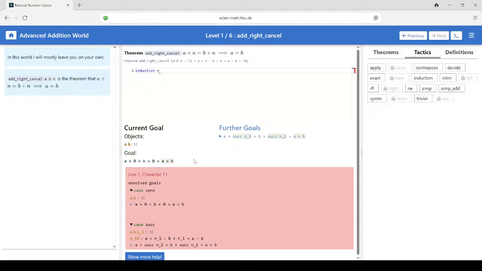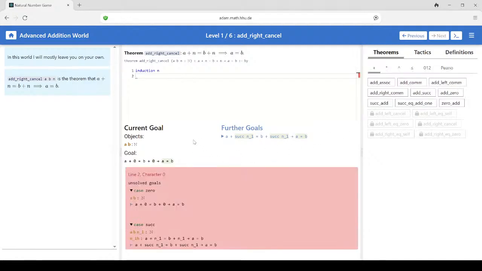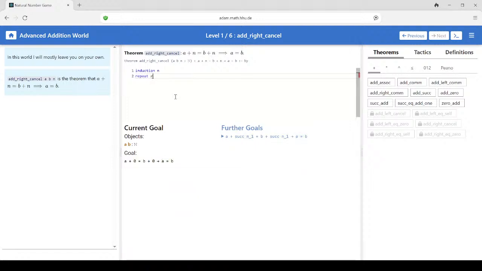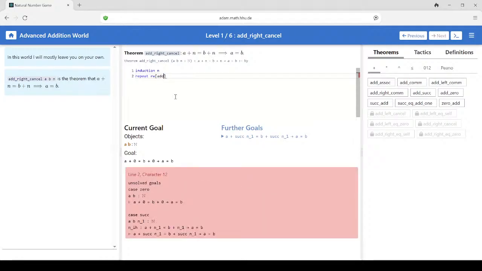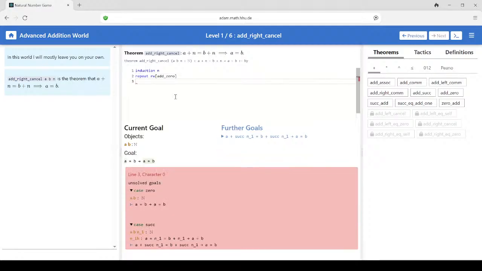the implies, we'll just repeat, rewrite, add 0. And now A equals B implies A equals B, which is true, but that's not, we don't, no, that doesn't work. How do we,